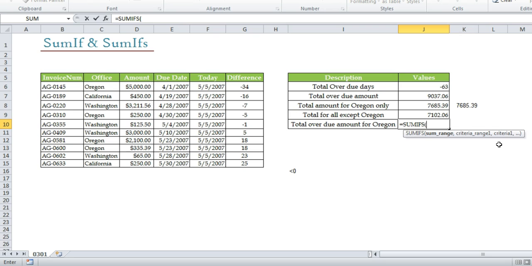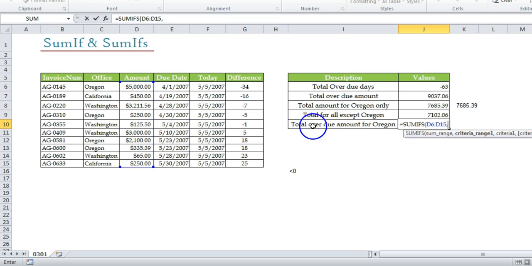Now very simple, sum range is basically the range from where you want the ultimate sum. So we need the total overdue amount. It means the sum of the amount. So sum range will be this one, comma, criteria underscore range 1. So do not read it as criteria. That's a common mistake we make when we do it for the first time. But think about it. It is an underscore and it's one complete argument, which is criteria range 1. It's a range.